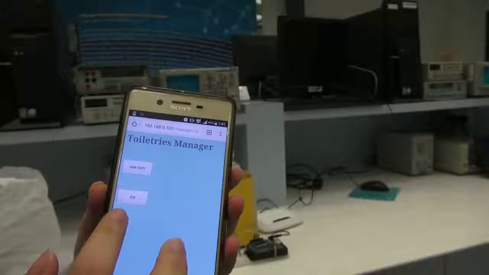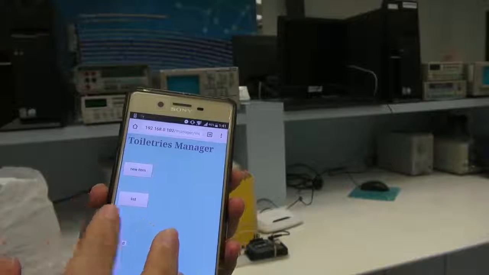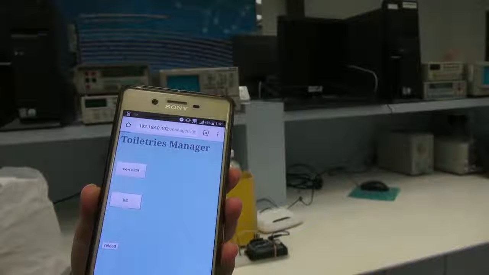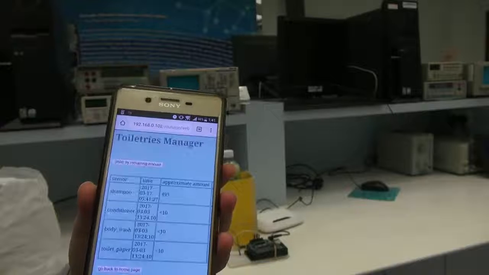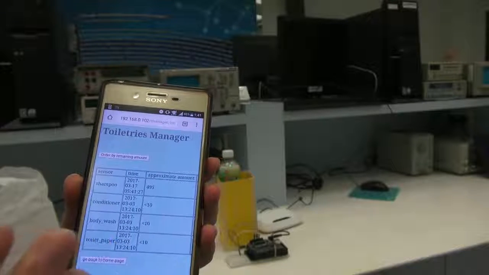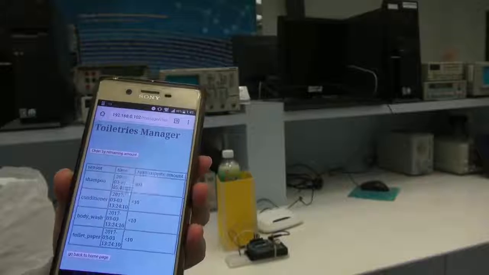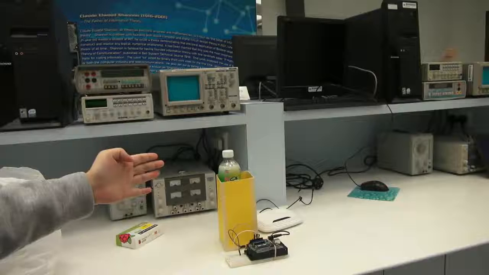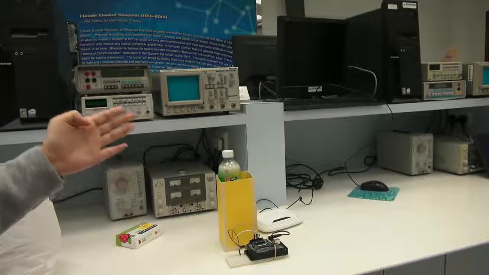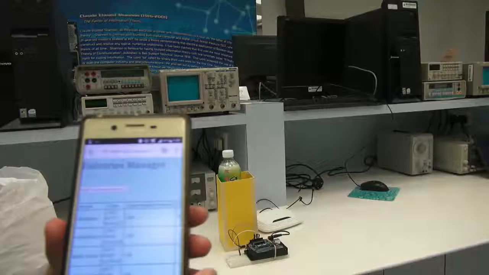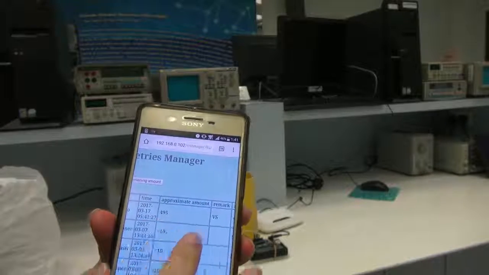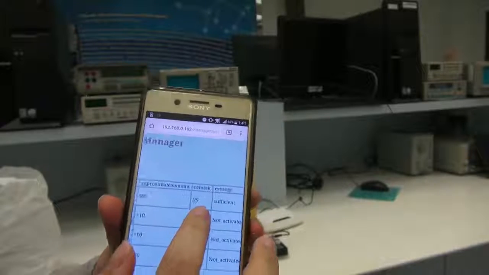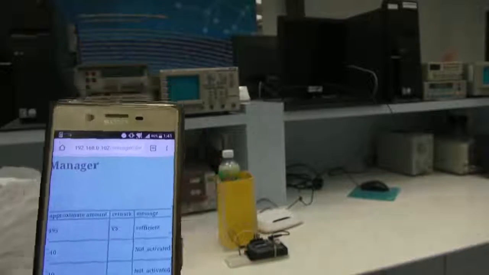this list button is showing the amount of the sensor. So when we press on it, we'll be redirected to the page that's showing the items amount. So we can see that here is a bottle. We can see it as a shampoo, put on the sensor, and here the remark is 495, and this remark is just what we typed in, VS, we can see that, so it will update